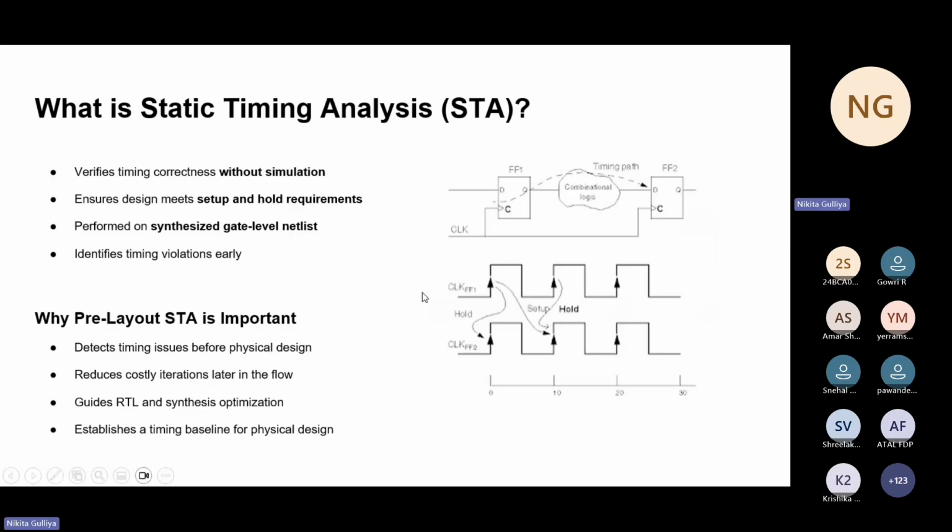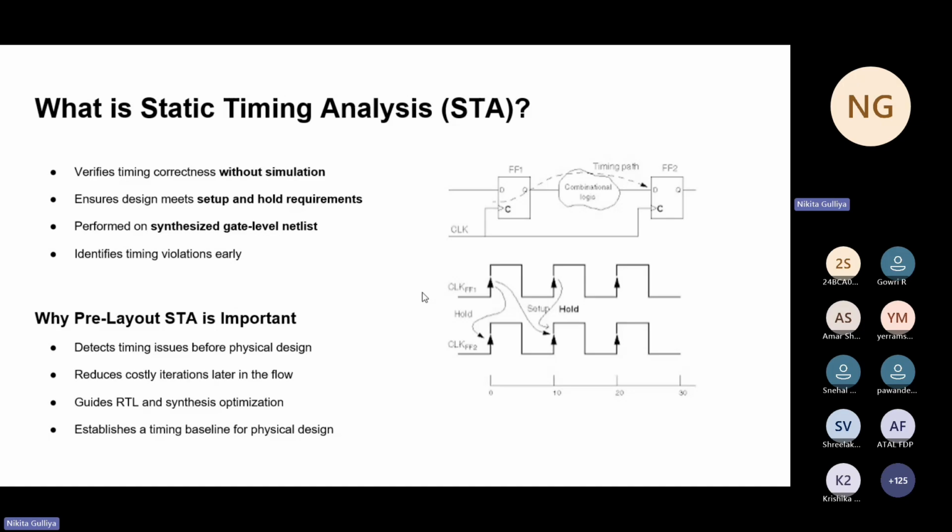STA, the static timing analysis, is also very important. It checks timing correctness without simulation. It ensures setup and hold requirements are met. Pre-layout STA is important because it detects issues before physical design, reducing costly iterations later and guiding RTL and synthesis